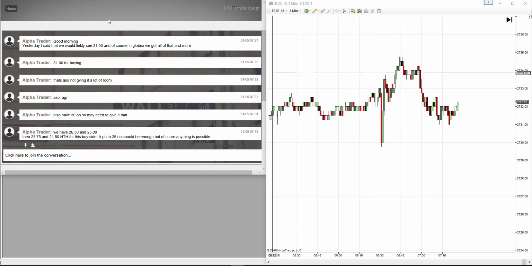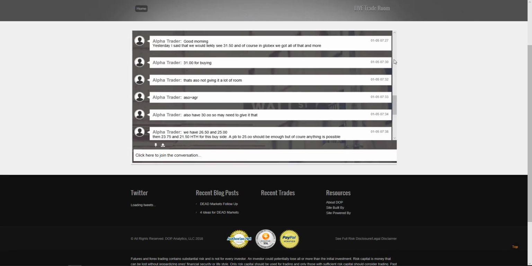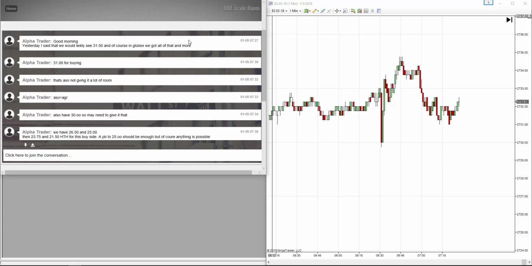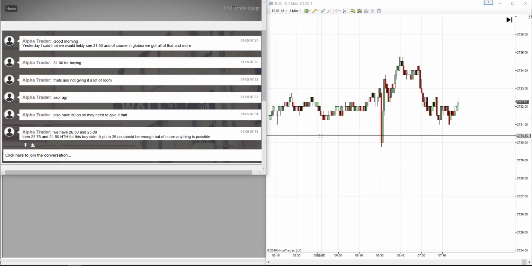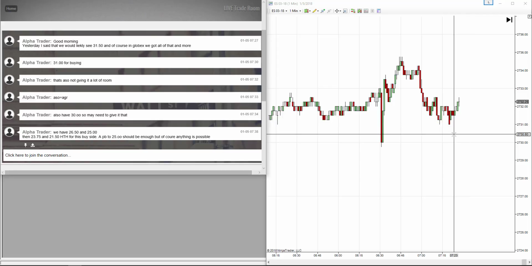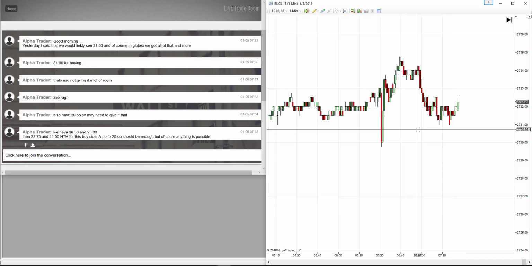Okay, so on the left you see this is the trade room. It actually looks like this. I just have it minimized so that we can put charts and the trade room posts up on the same screen. And then of course on the right we have charts. You can use any trading platform. I'm using NinjaTrader for this example, but it really doesn't matter what type of software you use for this trade